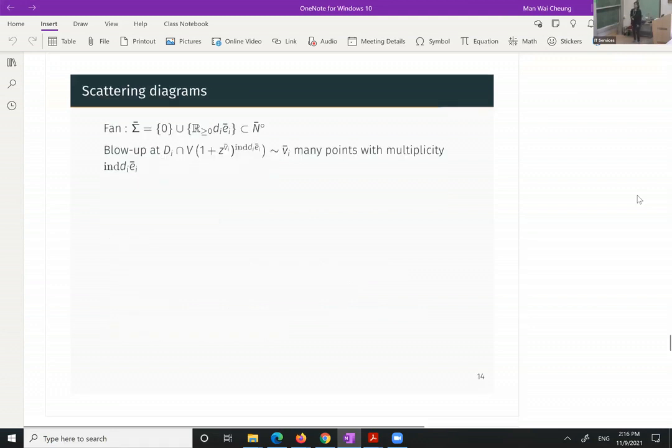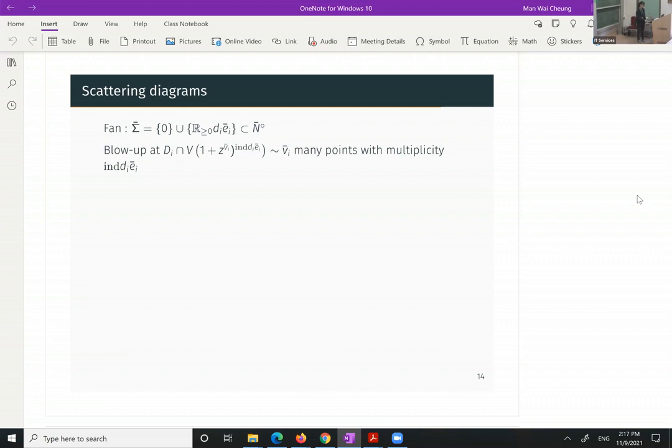So this is the setup. This is the fan that we are looking at after the quotient. And then this is the thing we blow up at the divisor intercept, again the zeros of our mutation map. And here it is: the fundamental theorem of algebra, or roots of unity, 1 plus x to the k. So we have k many roots of unity, or index of vi many points, and the multiplicity will be coming from this